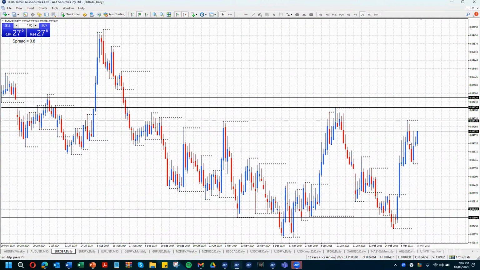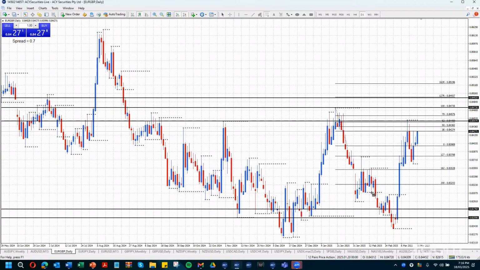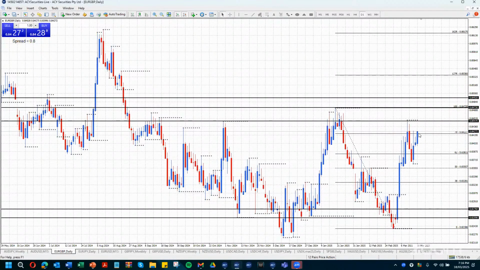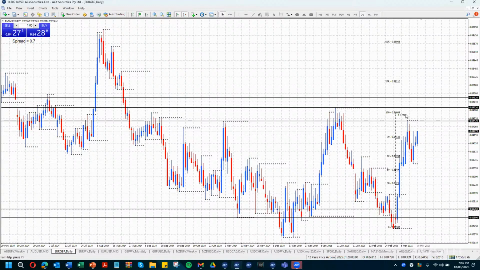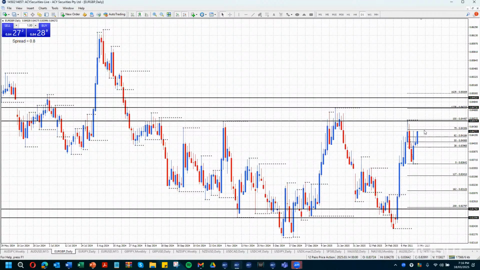The euro pound last week, I said, watch 84.47. We traded up to that level. This week, we have a range here. There's a 79% level here. I would look at this smaller range at the moment. The fact that we failed at the 84.47 level last week, I would start to look at 84.30 to 84.48. That would be my zone to watch for failure on the lower time frame to move back down.